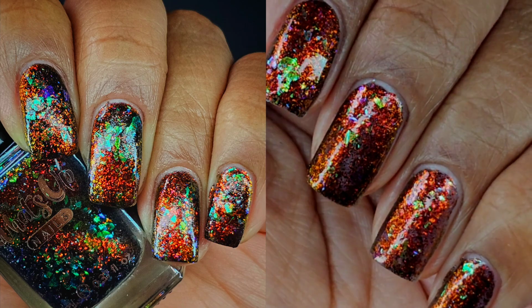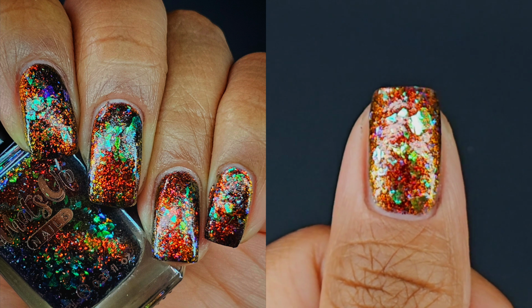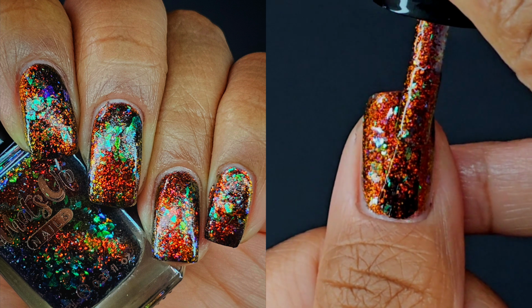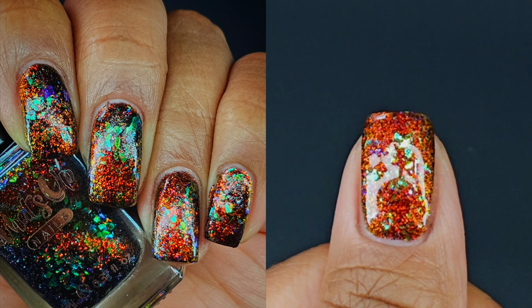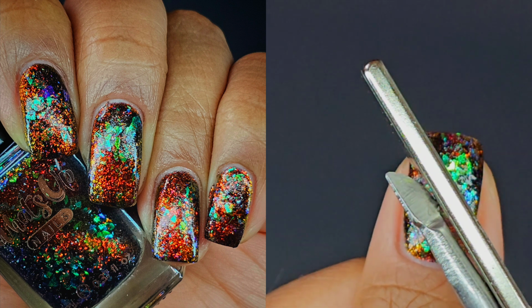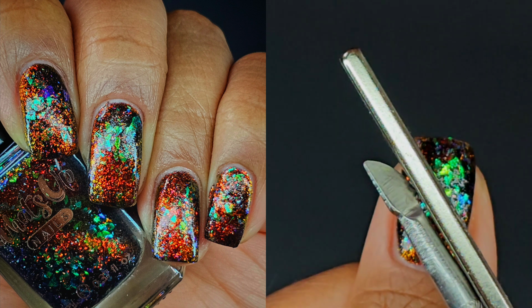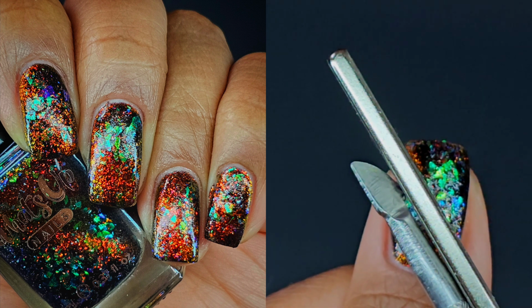And as for the polish formula, it applied very easily for me and pretty smoothly. It had almost like a jelly base to it because I saw a lot of squish and bounce back when I was applying. Now, I am magnetizing it now, and here is where things kind of go awry for me,